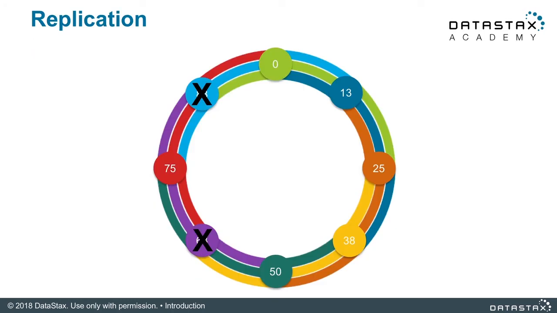Because when you are spreading your data around in a really consistent way, that's going to make failures a lot less of an impact. In this case, we have 2 nodes that have gone down, and they store a certain range of data. But since we've done a replication factor of 3 and we've spread data all around our ring in a very neat and orderly fashion, when we write data into the cluster, look at that. It has a home for that. It will be able to write data despite the fact we had 2 nodes fail.